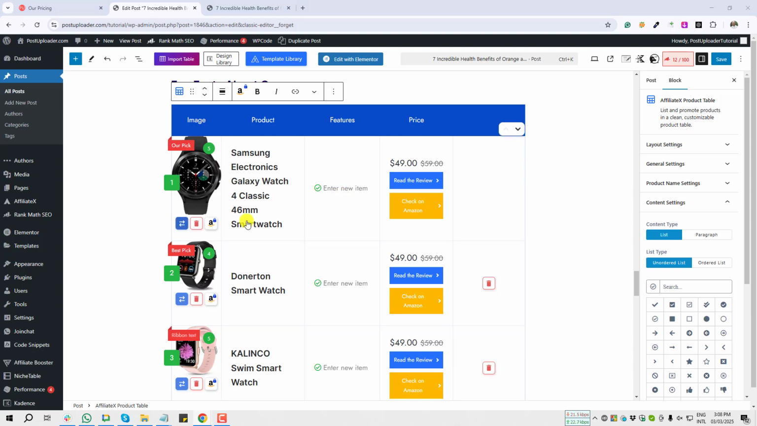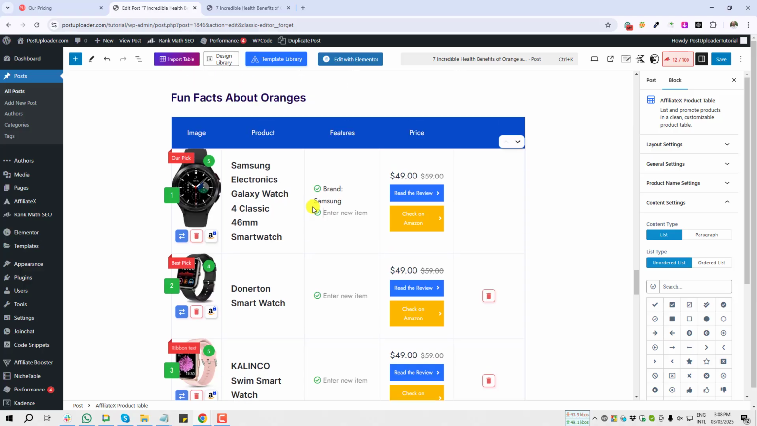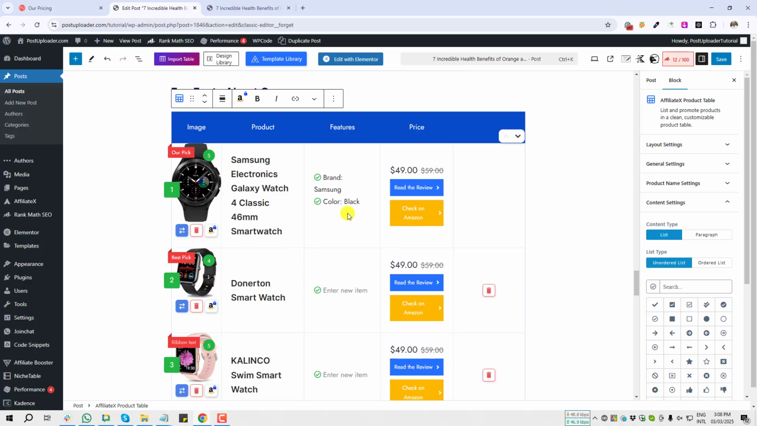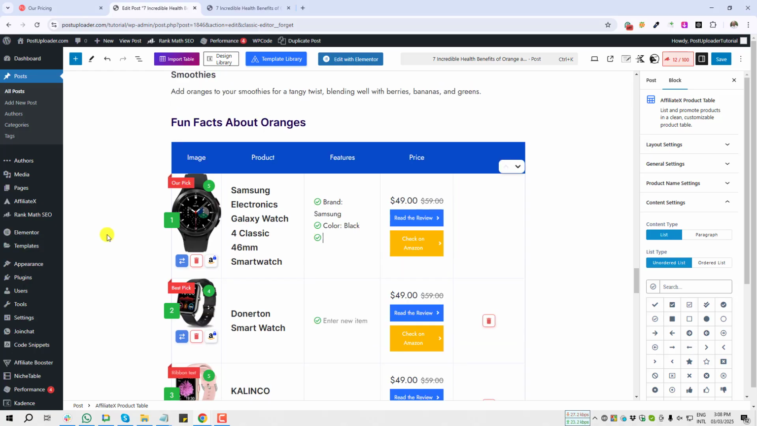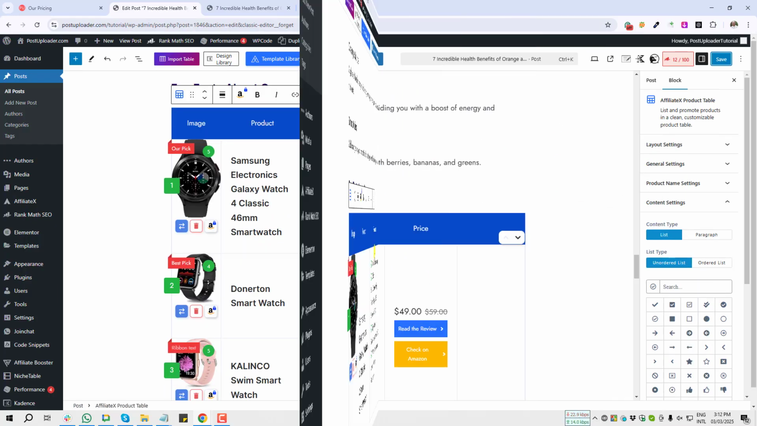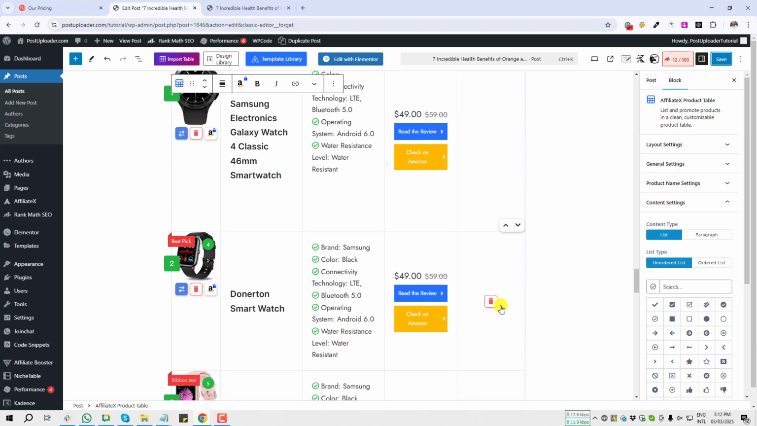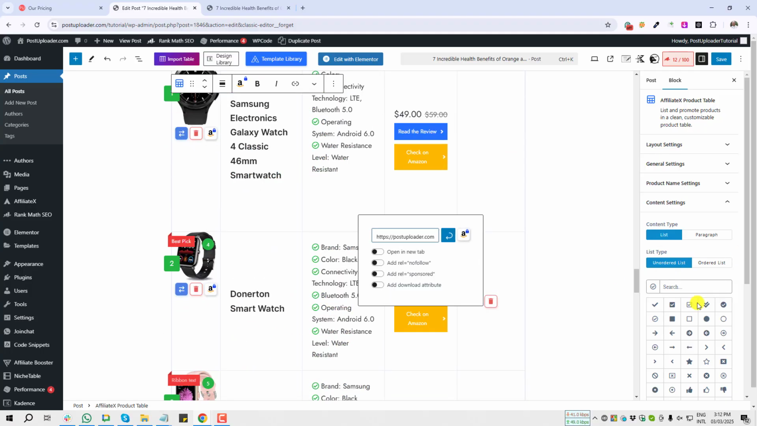For example, I am adding here brand Samsung. After that I am giving enter and I am adding the color. So by this way you can add the rest of the data. I am adding one by one. I added all of the features for all of the three products, and if I come to the next option,